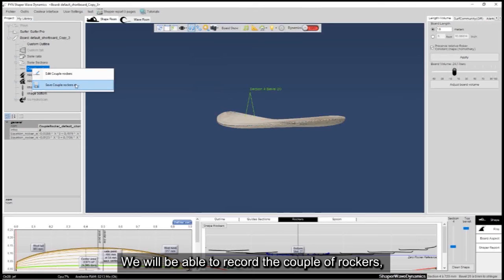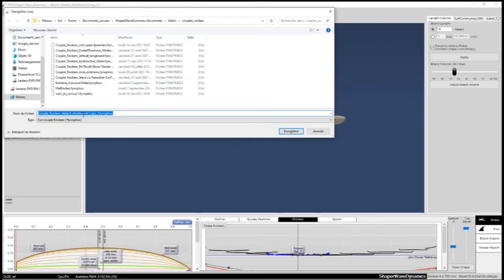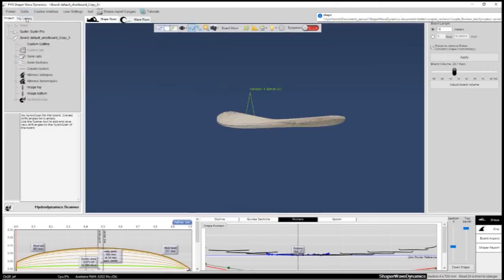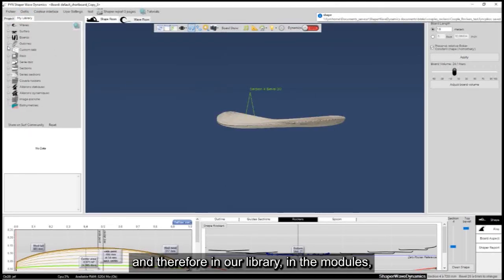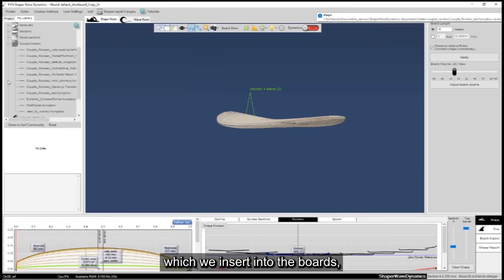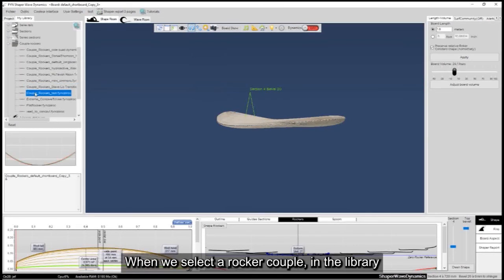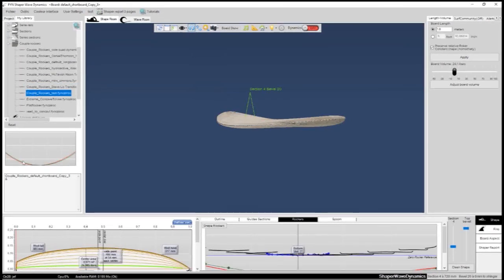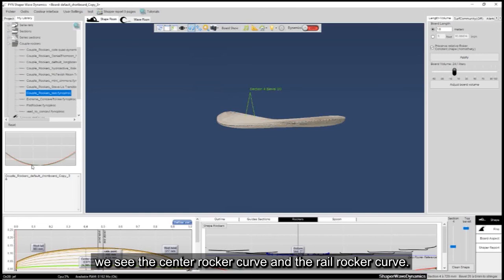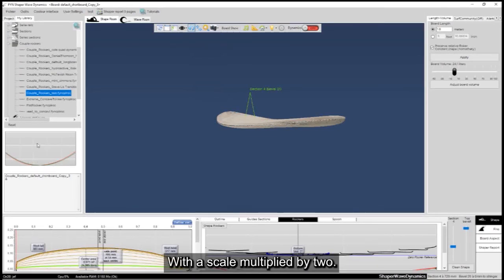We will be able to record the rocker couple. And therefore in our library, in the modules which we insert into the boards, we will find our test rocker couple, right here. When we select a rocker couple in the library, we see the center rocker curve and the rail rocker curve, with a scale multiplied by 2.